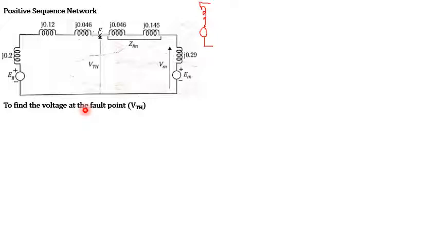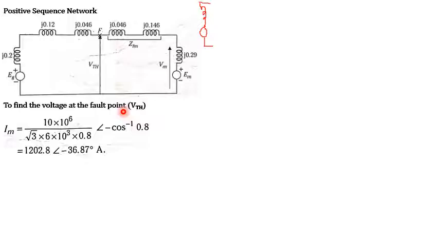So to find the voltage at the fault point, okay, because the actual values and the base values are not mentioned. It is given in the problem that the motor is working at 10 megawatt, 0.8 power factor lag and 6 kV. Okay, so this is the actual value. This is 10 megawatt divided by root 3 into the voltage. It is the actual value. It is working at 6 kV. Okay, it is divided by 0.8.